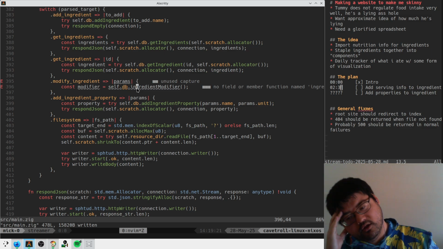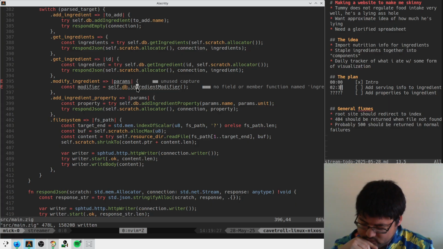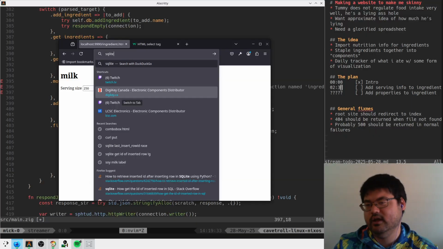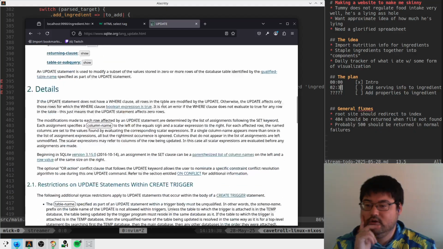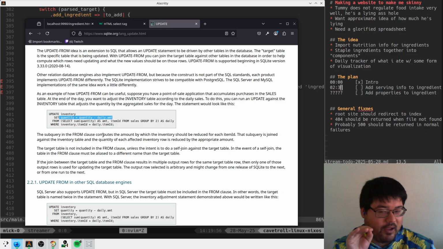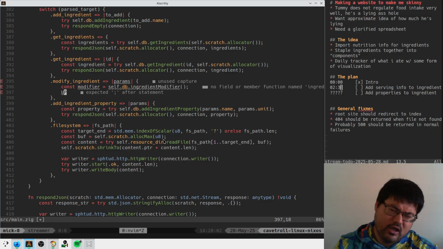So how does that work? You kind of need to generate the SQL string as you go, right? You're going to be like update, let's see, like SQLite update. Update this set blank equals blank, right? So we're basically going to be appending to the set segment of this thing. Now we don't want to allow user parameters directly into our SQL string because that's, you know, shitty SQL escaping or whatever. But I think it's not crazy